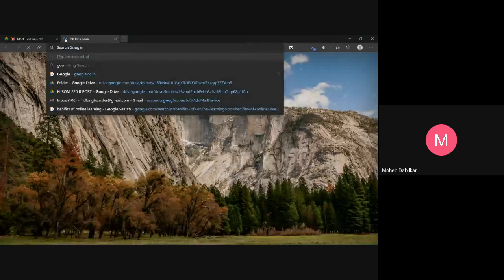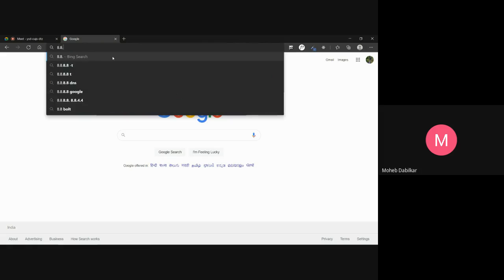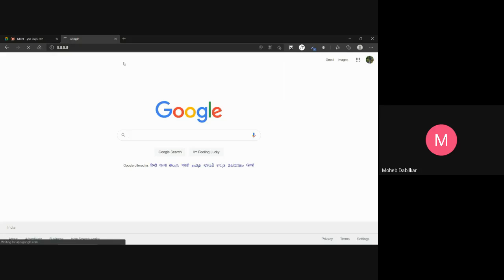For now, let's see what localhost and 3000 are. If I open up Google, this is google.com. This is the Domain Name System, that is DNS, and it gives you a name. But actually Google must have some IP address, like 8.8.8.8. An IP address is a set of numbers.